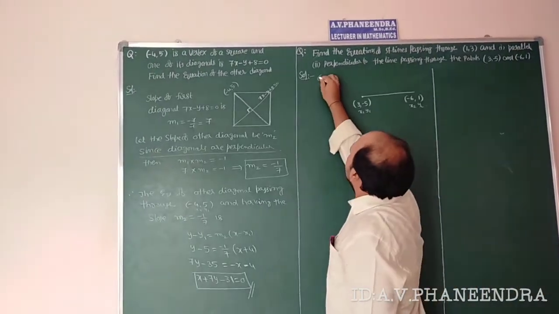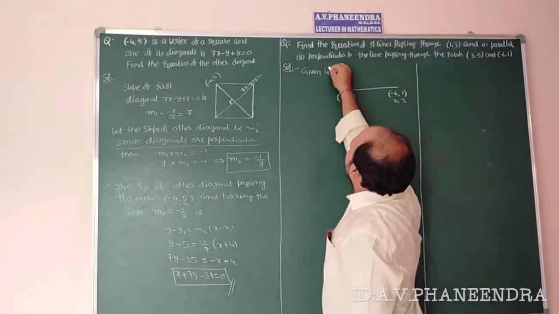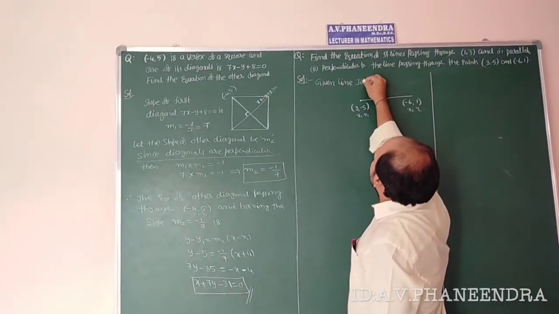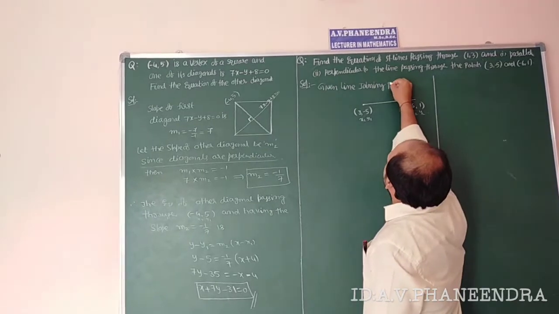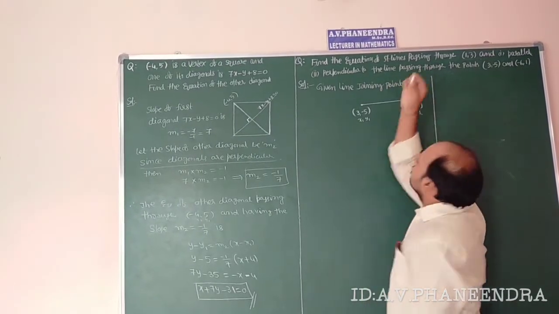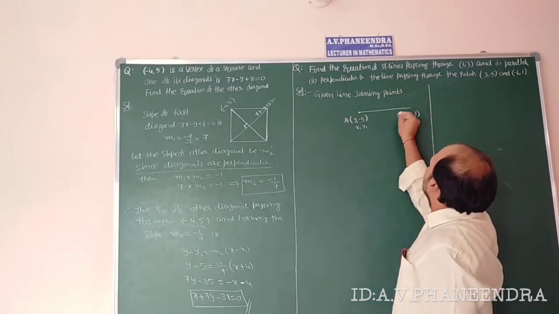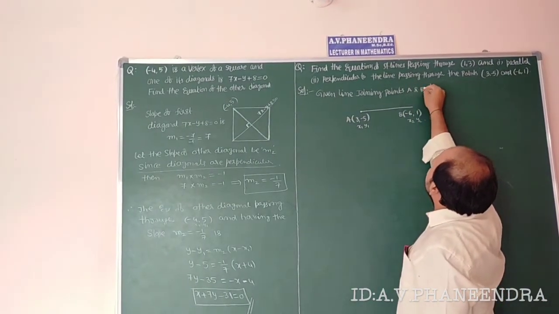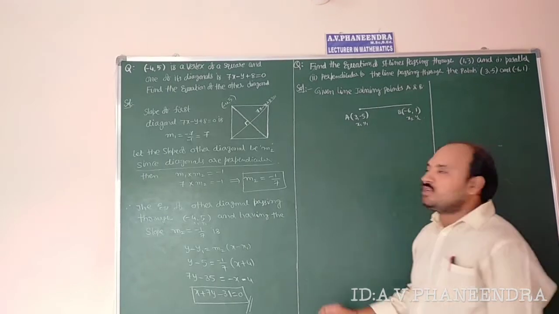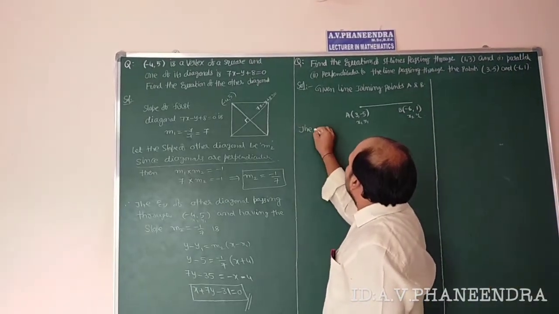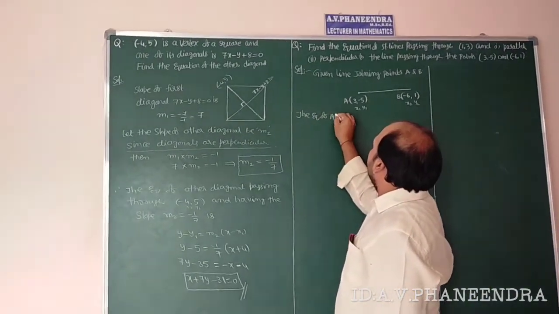First step: given line joining points, we can name them A and B. The equation of line AB